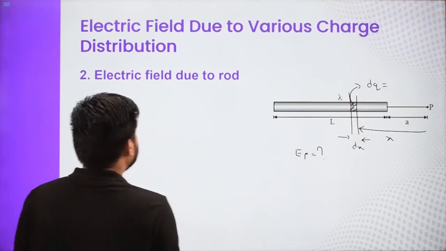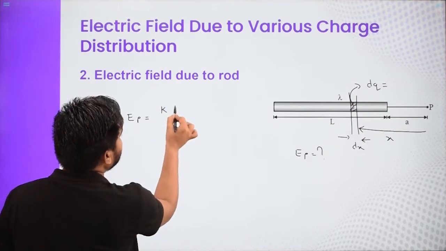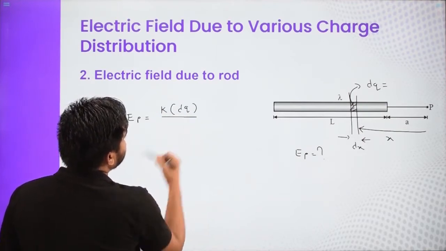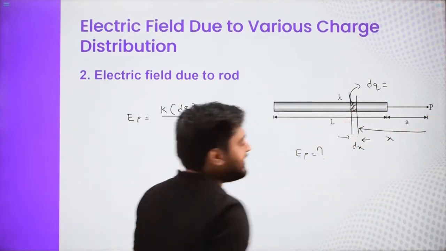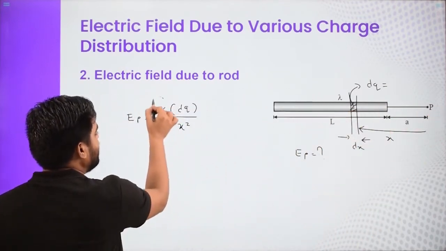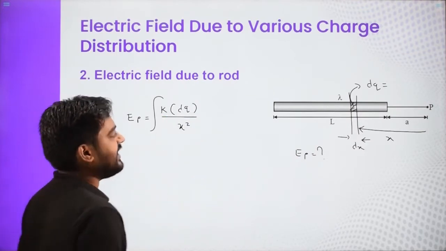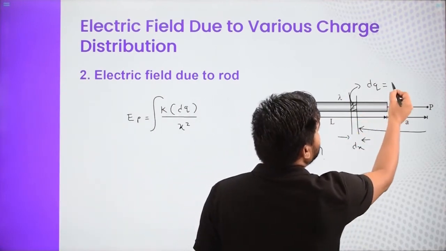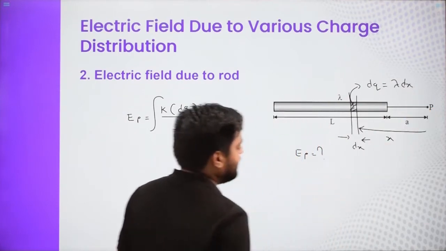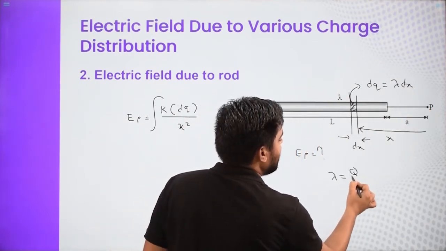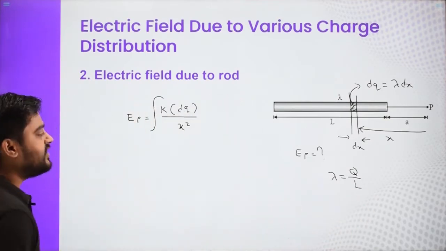If you want to write the electric field at point P due to that point charge, then you will write it is k dq by r square, and the distance is basically x. So the distance between this point charge and the point P is x. So divide by x square, and we have to integrate it. But here this is dq and this is x, so we need to relate them. What is the charge on this small element? It is the charge per unit length lambda into dx, the required length, and lambda is nothing but the total charge lying on the rod divided by the total length, given that it is a uniform charge distribution.